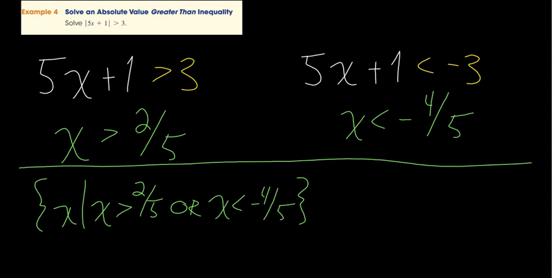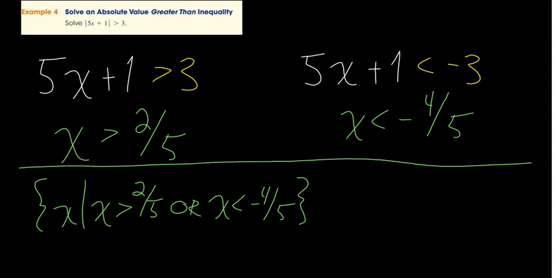And if I want to put this into interval notation, this is just going to have to be kind of a thing where you could, if you wanted to, draw a number line. Hopefully, if you haven't done your homework yet, you get started on your homework for 1.7, and then you can maybe visualize this. So if this is less than negative 4/5, and this is greater than 2/5, then we know that this side is going to be the left side of the number line, and this is going to be the right side of the number line. So we know that we can say,